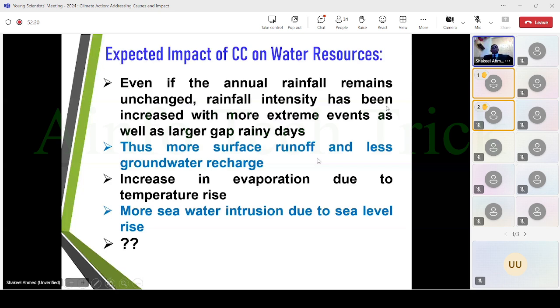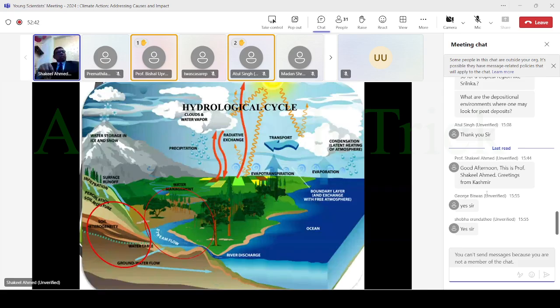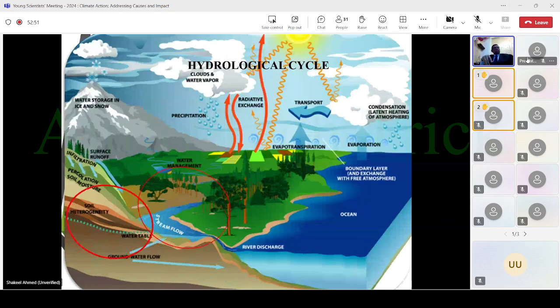Okay. Now, let me explain to you in a different way. This is called the hydrological cycle or water cycle. It is very clearly known. Everyone who studies science had to go through that. What I'm trying to convey to you is the two circles. I cannot discuss the entire cycle, it takes a lot of time, but this circle is the groundwater, and this circle is surface water, because all the evaporation goes here and comes back to the earth,